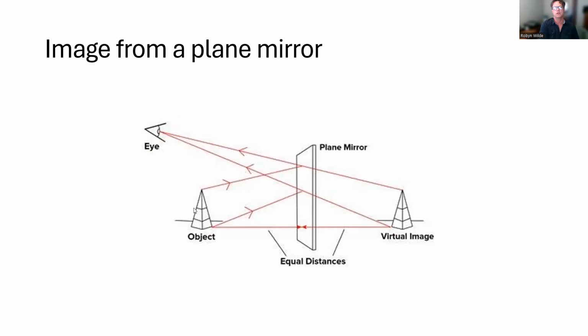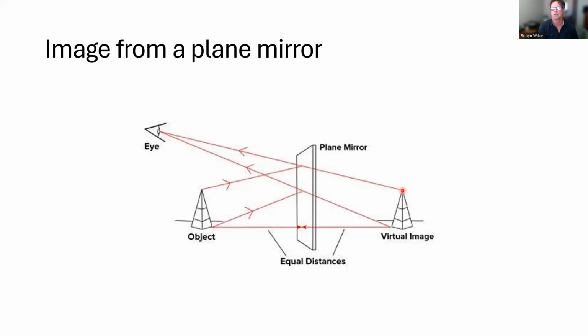If we look at these rays, each ray that hits the mirror has to obey the law of reflection, right? So incident angle is equal to reflected angle. This ray coming from the top of the object bounces off the mirror and comes into the eye. Now, your brain does not know that that ray came from the object and was reflected. It automatically assumes it was traveling always in a straight line. And so your brain extrapolates that ray back through the mirror to the top of the image,